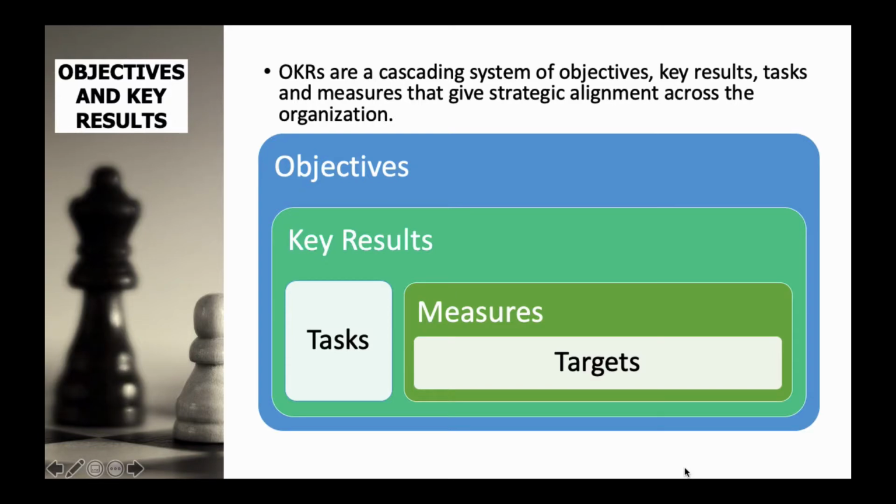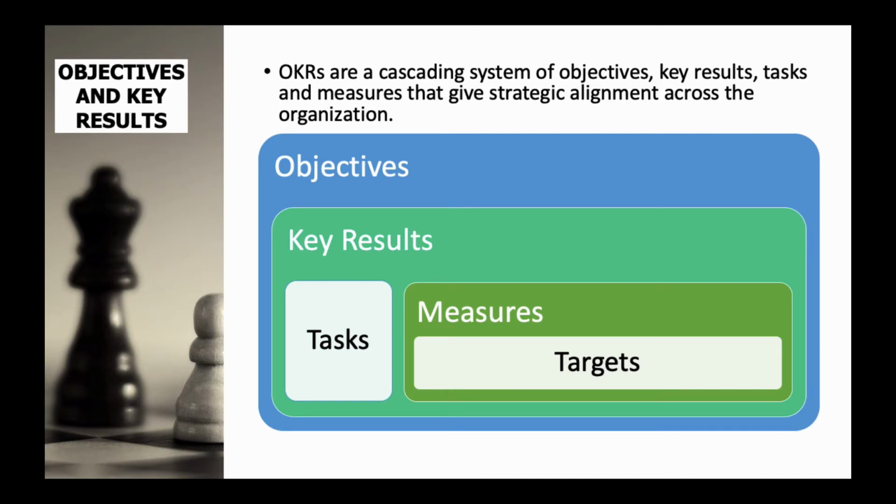They are a cascading system of objectives, key results, tasks and measures that give strategic alignment across your organisation. So we start out with an objective. For each objective, we have some key results. For each key result, we have a measure and a target. And we can set those targets in an appropriate timeline. You can also go back and say, for each objective, we have some key results and some tasks we have to achieve. So you can actually come up with an action